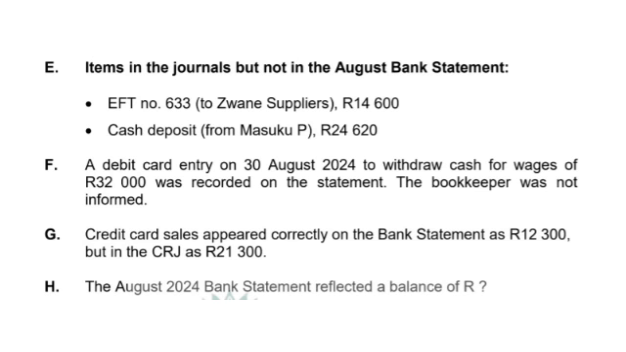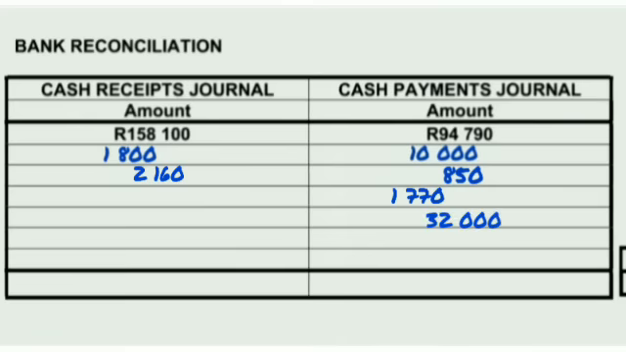It says a debit card entry on 30 August 2024 to withdraw cash for wages of 32,000 was recorded on the statement. The bookkeeper was not informed. So this means we were paying wages, and if the bookkeeper was not informed, it means this amount was never entered, because how would he enter an amount that he doesn't know of? So it's an amount of us paying wages of 32,000. It goes straight into our cash payment